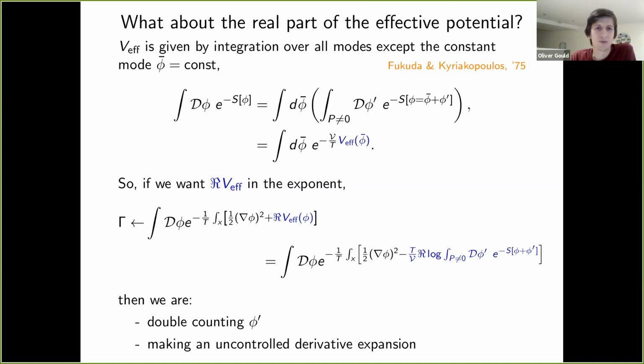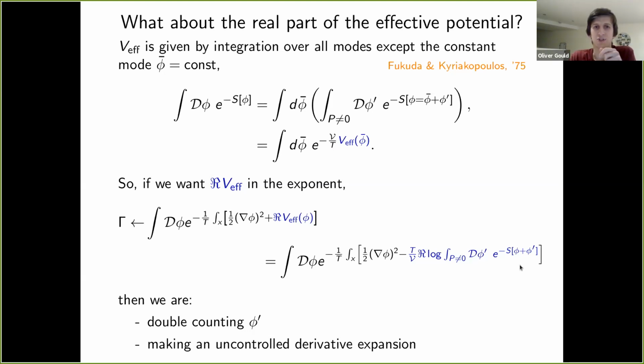So what happens if we do it? We're imagining here that we want to calculate the nucleation rate, and we're going to start with some kind of partition function which looks like this, where we put the real part of the effective potential in. Maybe that works. But if we use these equations to write out what the real part of the effective potential is,